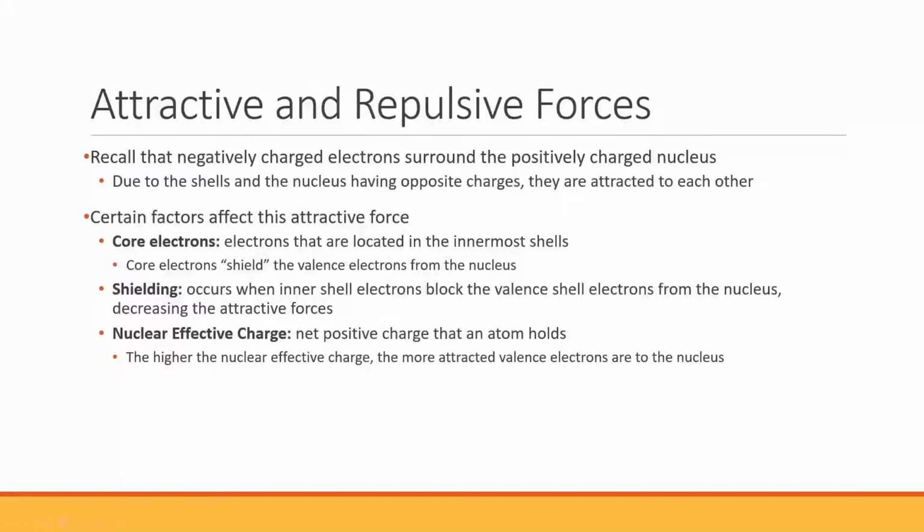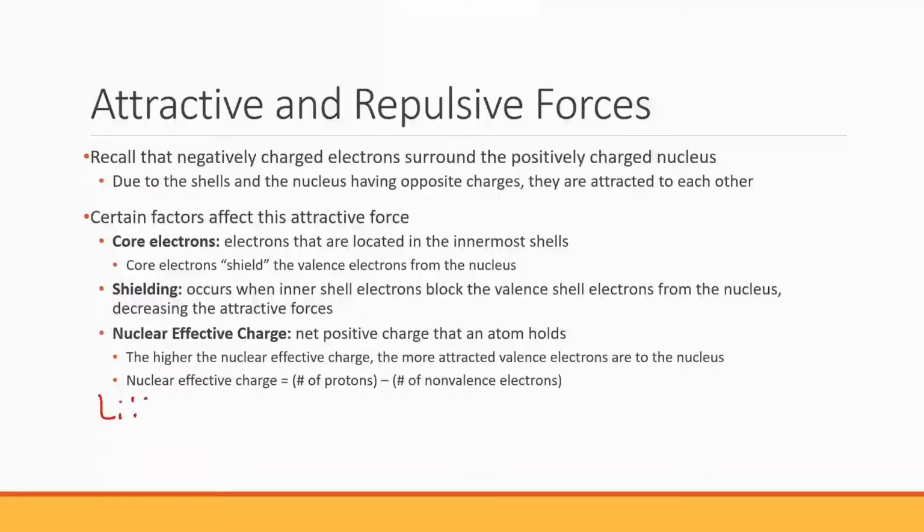And obviously, the more protons that you have, or the higher the nuclear effective charge is, the more attracted valence electrons will be to that nucleus. And so the measure for nuclear effective charge is simply the number of protons minus the number of non-valence electrons, or core electrons. So if we want to bring back our classic example of lithium, beryllium, and boron,